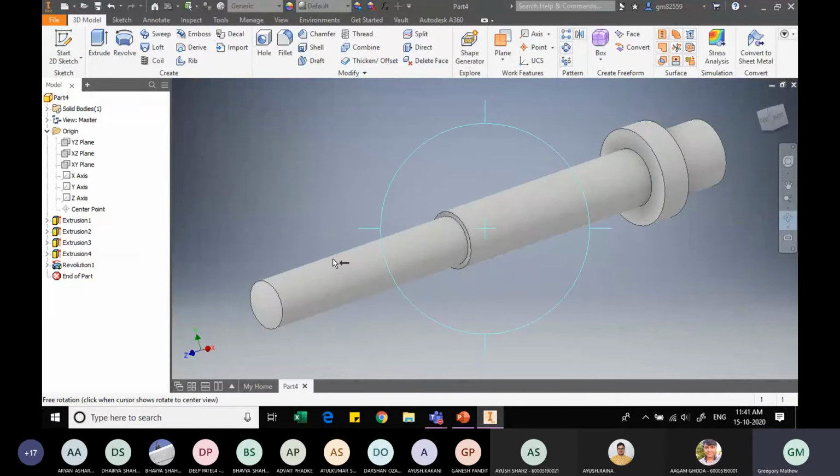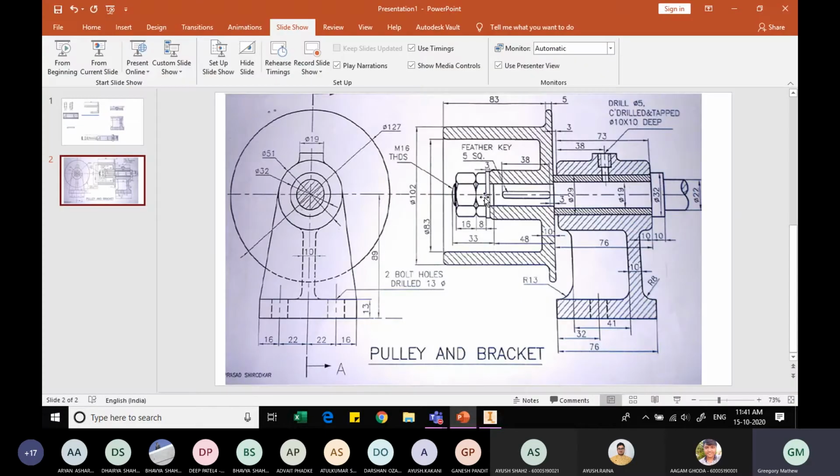And we know we have a threading over this face. From the diagram, the threading is very clear that it is for a length. So starting from here, it is 16 plus 8 plus this is 3. And this gap over here, we have taken it to be 3. So you have threading up till this portion. That is from 16 plus 8 plus flange thickness 3 plus this gap 3 mm.